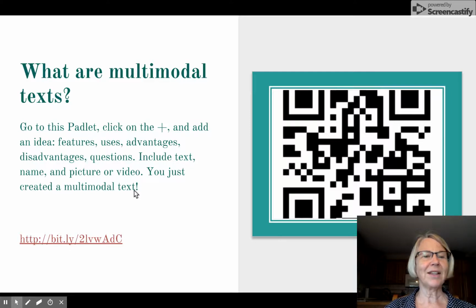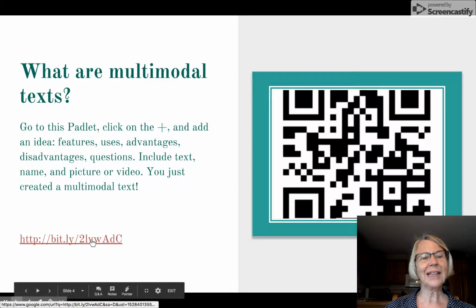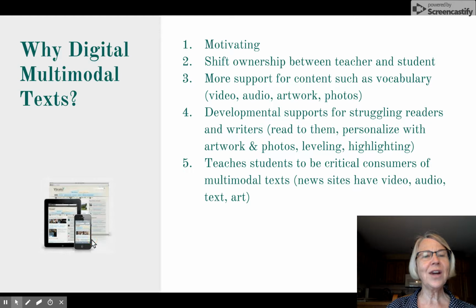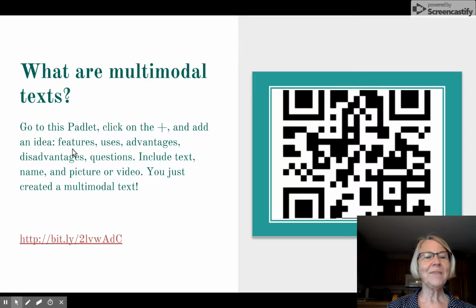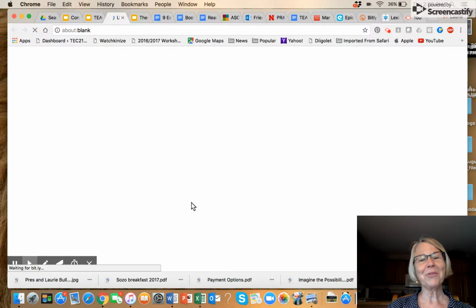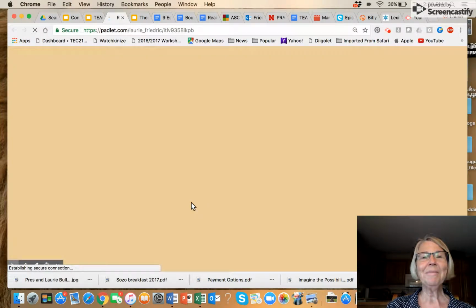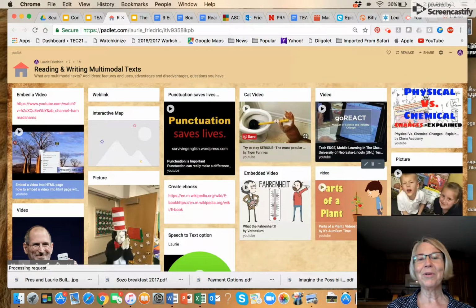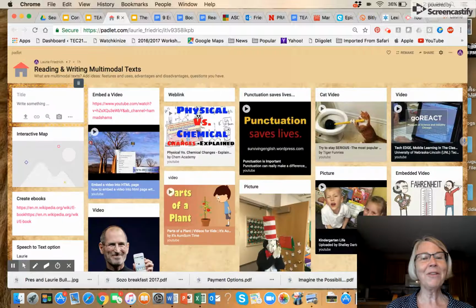So what are multimodal texts? If you can go to this Padlet and just click on the plus sign and add an idea. What might be a feature, a use, an advantage of using multimodal texts? And by the way, when you click on that, it actually helps you become a creator of a multimodal piece because you're going to add text or video or audio, so just a number of things. You can see some ideas people have added. So you simply click on the plus. You can write in why we would use multimodal texts